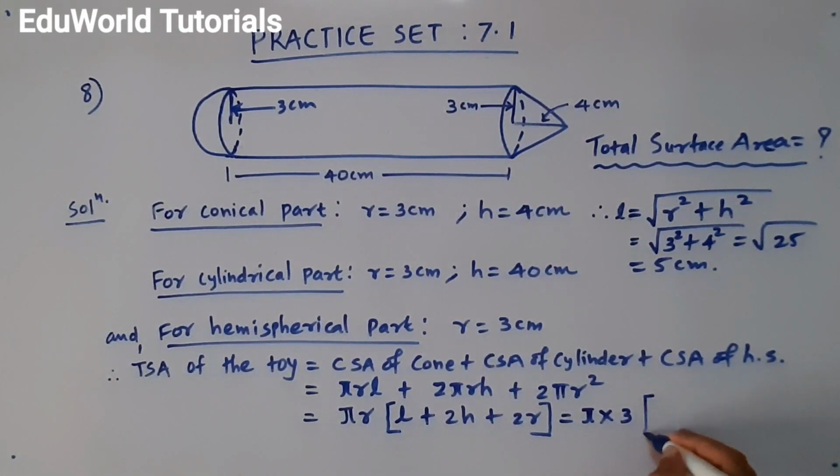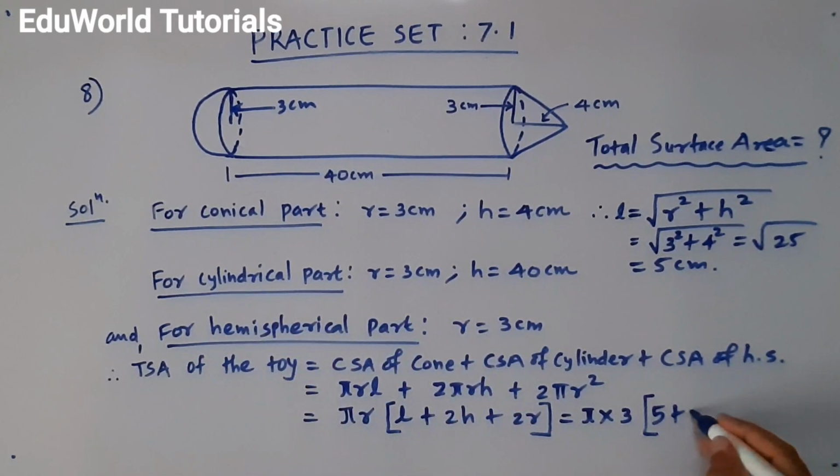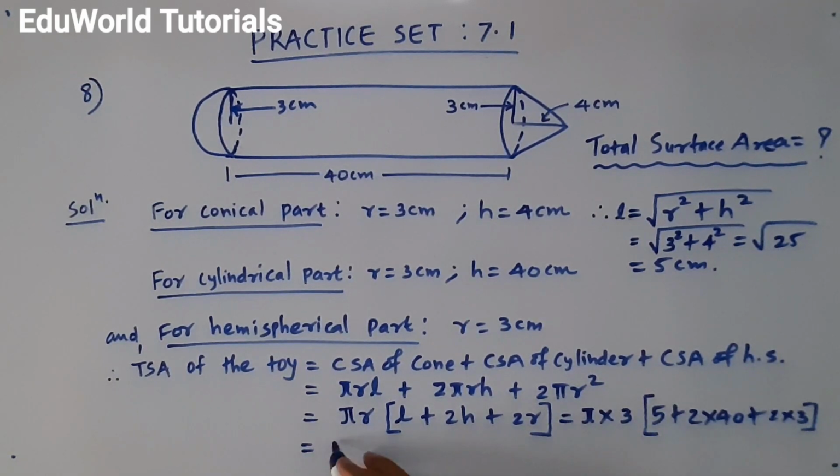So pi into 3 inside bracket, L is this 5, plus 2H. 2H stands for the height of the cylinder, so 2 into 40. And finally, we have 2R. R is the radius of the hemisphere, so it is 2 into 3. So when you calculate this, I am writing here: 3 pi outside, and inside we have,